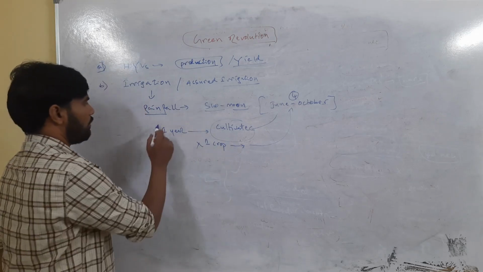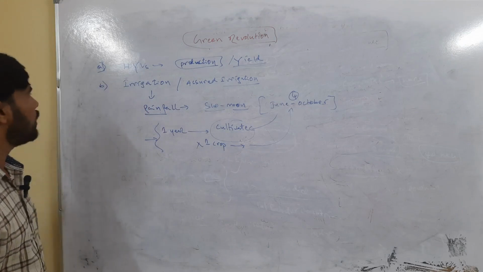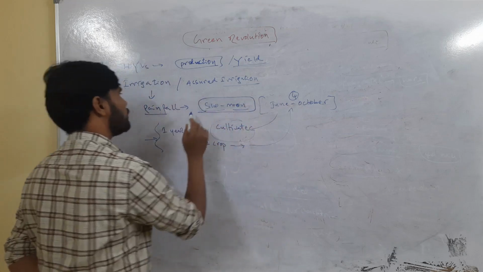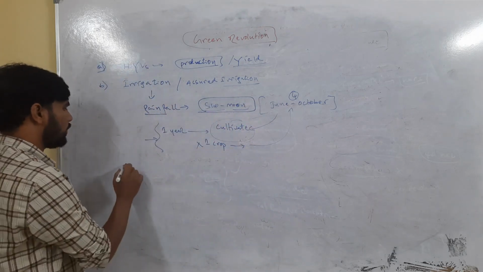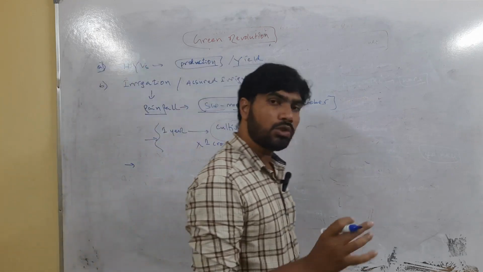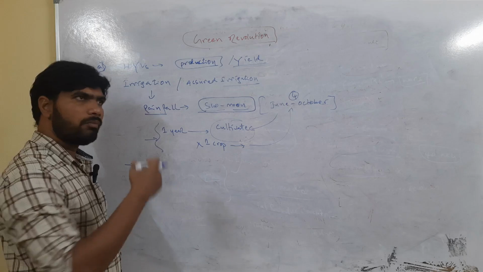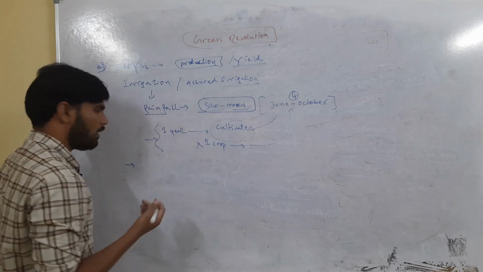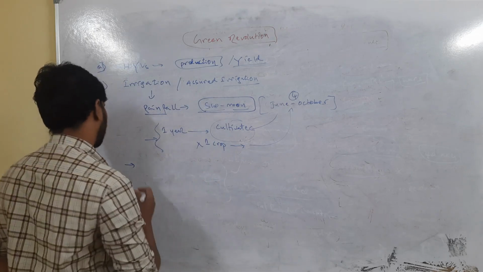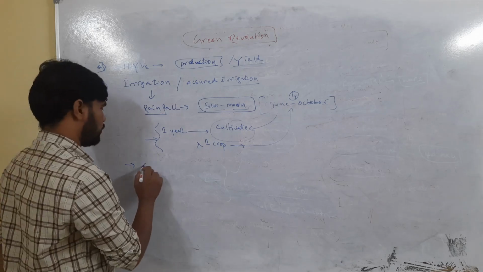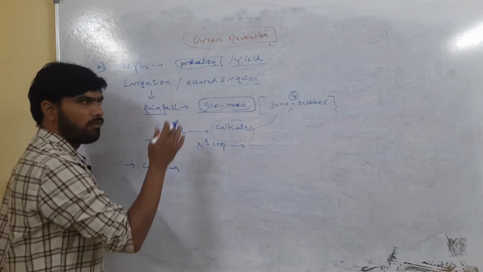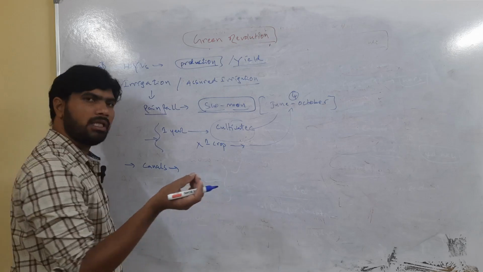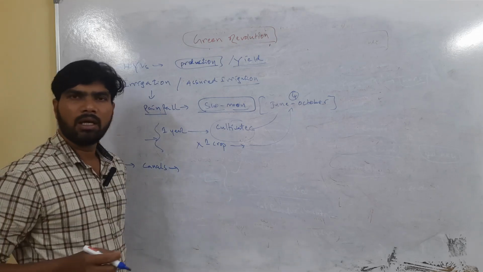Now we have changed this during the time of the green revolution. Instead of simply depending on the southwest monsoons, we have tried to provide assured irrigation irrespective of the rainfall. Assured irrigation means whether rain will come or not. Of course rain will come, but not depending on the time and occurrence of the rainfall. We have provided another source of irrigation. How was it made? It was made by building canals. For the rivers, dams have been built. From those dams, water has been diverted into canals, and these canals have been taken deep into the agricultural lands.